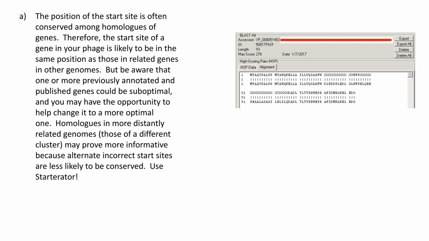Let's give an example of this. We can use BLAST data to help us determine how our protein aligns with proteins in the database, and if those proteins in the database have the same start and were called in the same way, then the first amino acid of our query